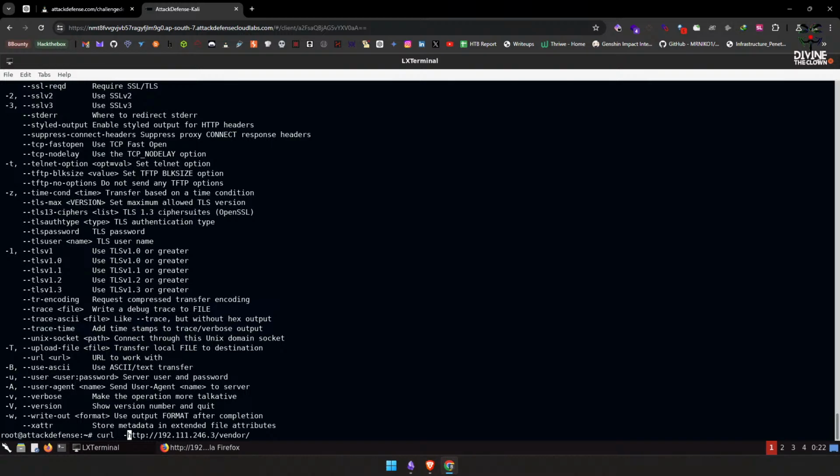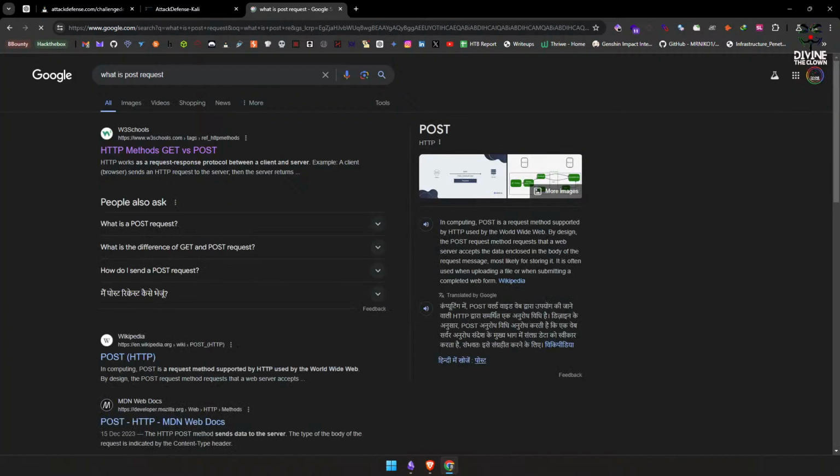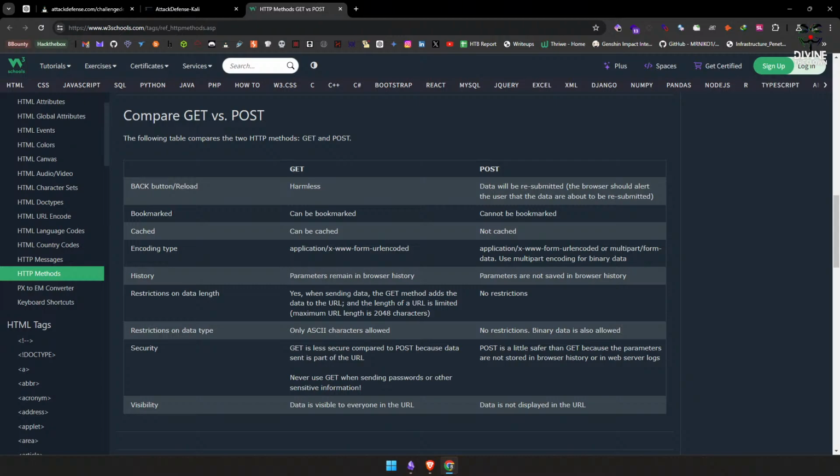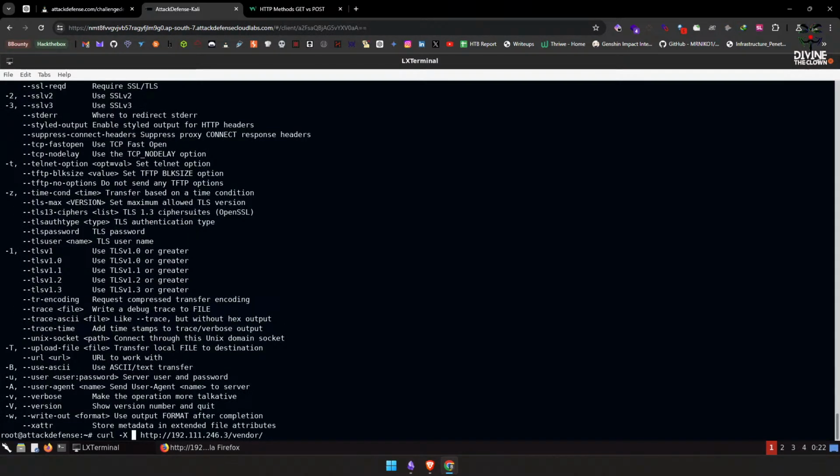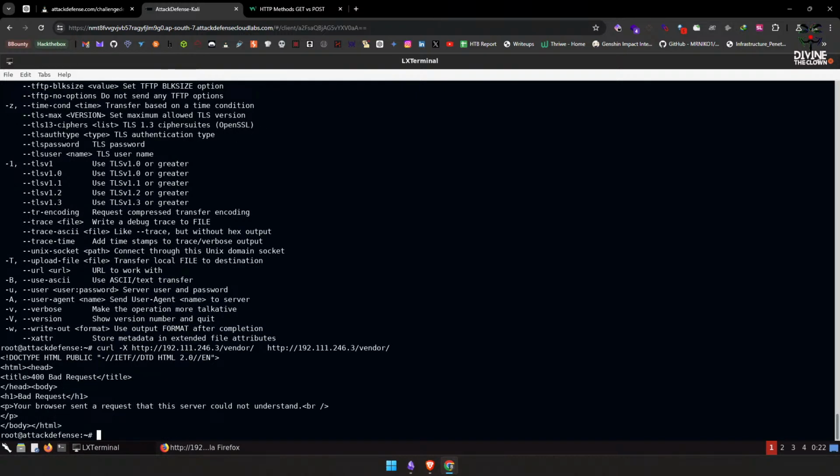It's -X, and using this we can use one of the flags that we just saw over here. Let's go here. All of these are the methods. So we'll be using OPTIONS, which will show us what sort of request we can make to the server, or to that request. So if we paste this again,